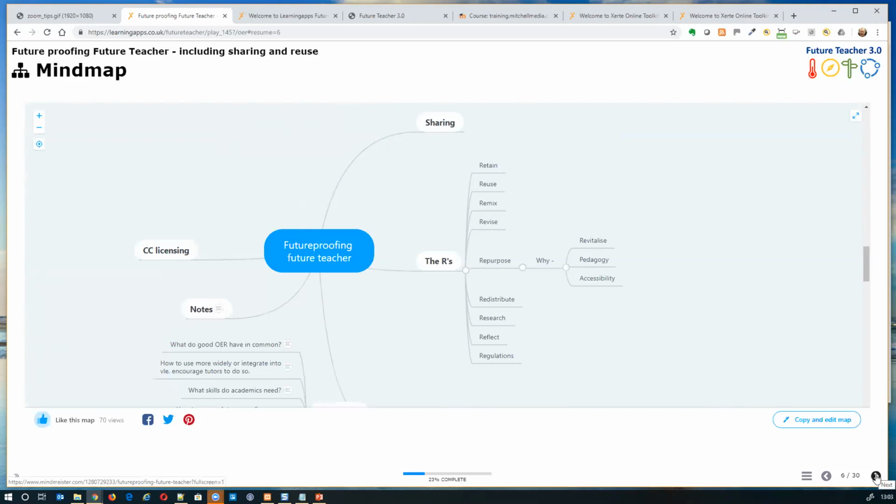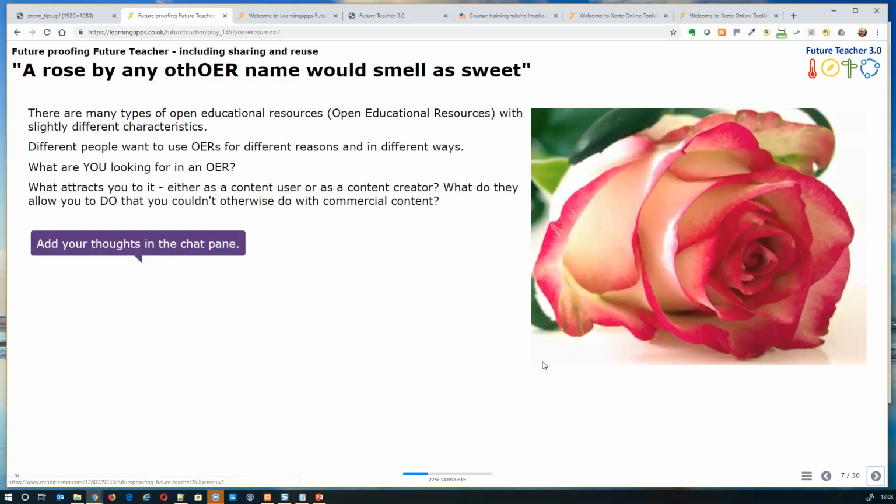Yes. So on to the next bit, which is really getting to know what you think about OER. So this is like the things you want out of a blind date, in a sense. What are you looking for in an OER? So if you go looking for something to use, what are the traits that make you attracted to material that you intend to use with your own staff or with your own students in any situation at all? So if you want to use the text chat,